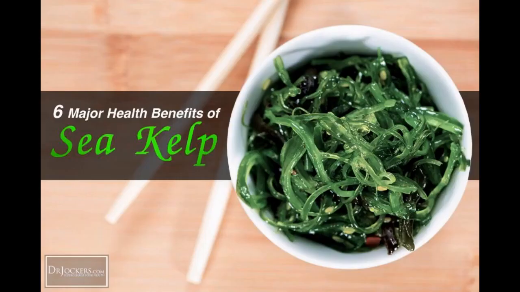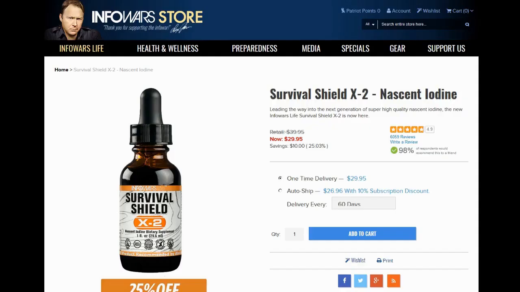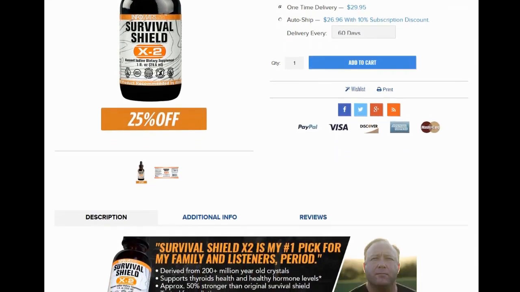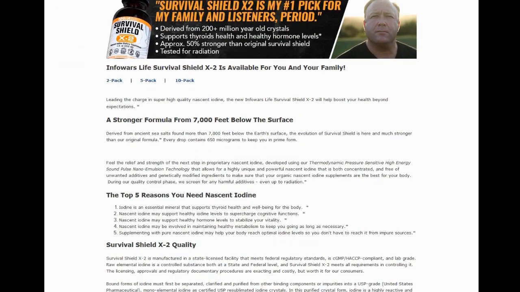And I can say that it's not just insulin. We can talk about thyroid hormone. We can talk about testosterone. We can talk about cortisone. We can talk about just about every major hormone in the body. Every receptor needs iodine in order to be able to function more efficiently. And so what we're finding is that a lot of diseases, and I see this quite often in the practice,